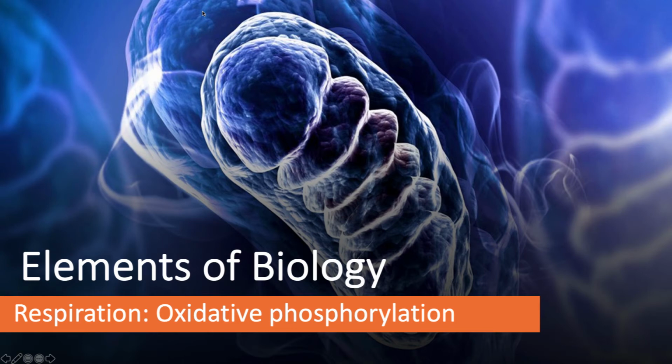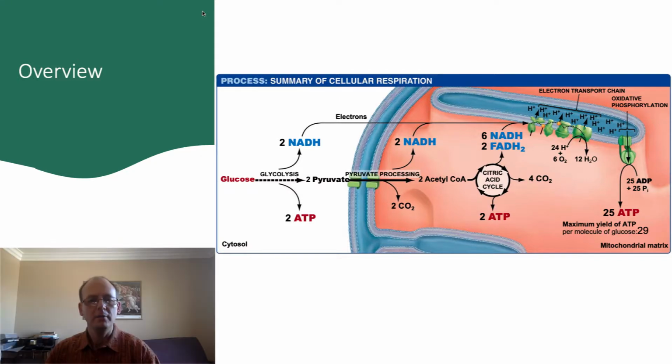In this presentation, we'll finish looking at how mitochondria generate ATP using the high-energy electron carriers NADH and FADH2. In a previous presentation, we learned about how glucose is broken up step by step to create a number of ATP molecules and several high-energy, reduced, electron-carrying molecules, NADH and FADH2. The next step, the electron transport chain, occurs on the inner membrane of the mitochondria.